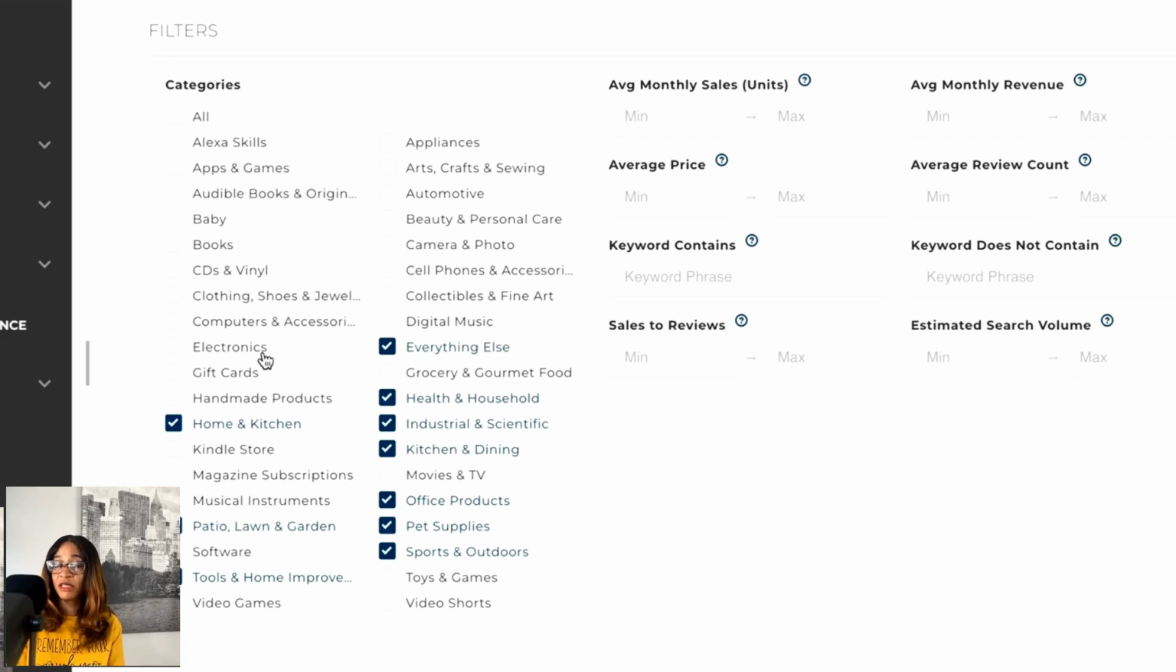But I tell people, please do not go into these categories right now. It's just a lot more competitive. There are a lot more potential problems. So after you selected your categories, the next thing you're going to do is to go on the right side